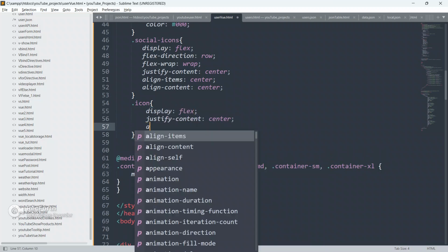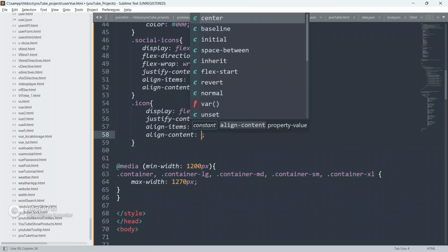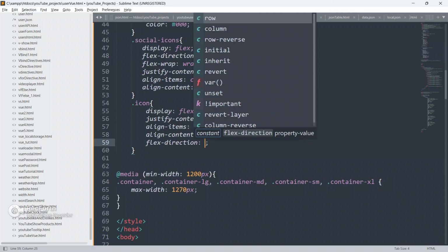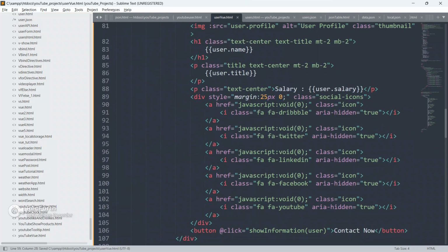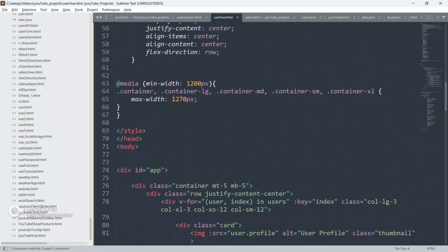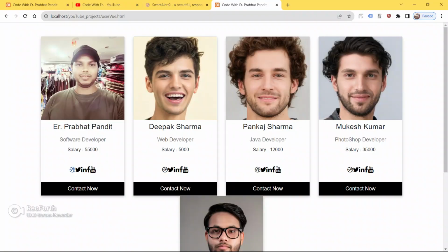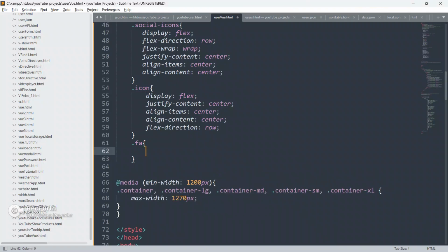So give display as flex and give justify content center, give align item also center and give align content also center and give flex direction as row only. Now I'm gonna copy this fa class and I'm gonna style this icon. These icons I'm gonna style now.